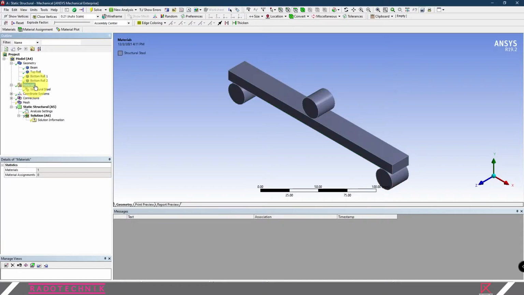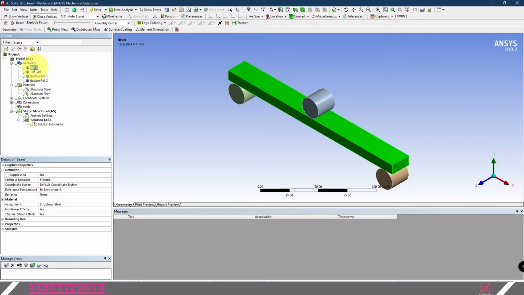Go in here, material tab, and then right click, select refresh material, and you have the aluminum alloy. So go to the beam and change the material into aluminum alloy and leave the other 3 rolls as structural steel.